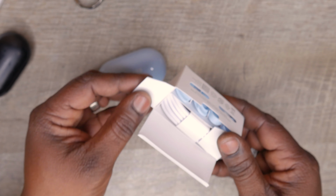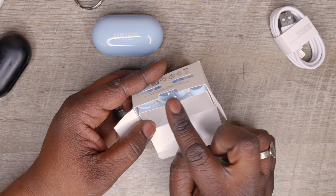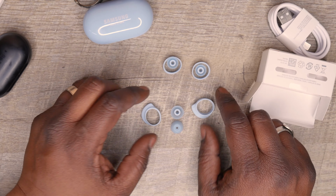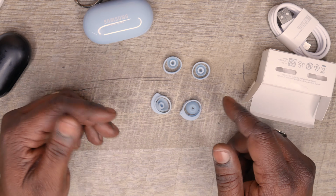And then we'll just unbox what else comes in the package. This is a white USB-C cable, and it comes with the standard ear adjustment pieces. These are for the smaller fit, and these are for the larger. And actually on my Samsung Galaxy Buds, I ended up playing around with doing different styles. If your ear is different, what's nice is you can just use one side for the left and one side for the right, and that may be more comfortable. So the bands and the adjustment pieces all match the color of the blue